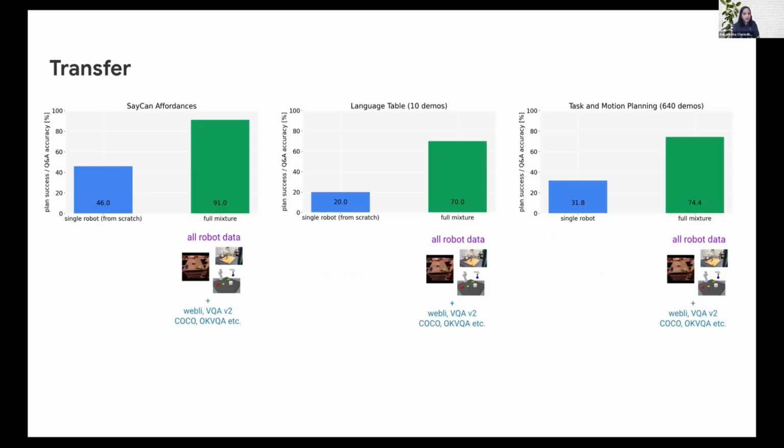But when it is combined with the internet scale data mixes, it's able to get much higher accuracy. That is extremely promising in terms of the transfer that you get from internet scale data sets to robotic data sets, implying that you can really scale better by combining these data sets and co-training.